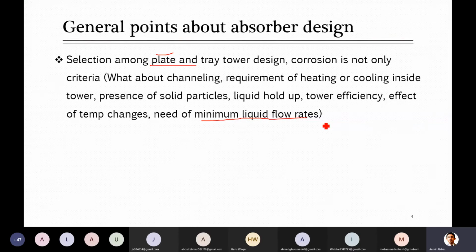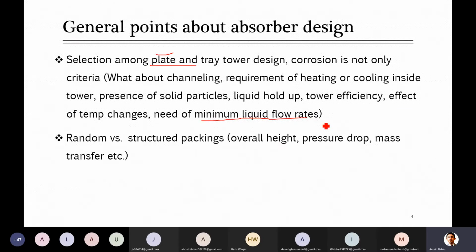The reason was, if you remember, so that our equipment doesn't dry out. Yes, inside the equipment the surface of the packing should be wet so that liquid and vapor can contact. If it is dry, definitely there will be no mass transfer and the gas will just escape from that path. So due to this reason, it was mentioned at that time that inside the packed tower, always some minimum liquid flow rate is necessary, and then we looked at some of the equations at that time.